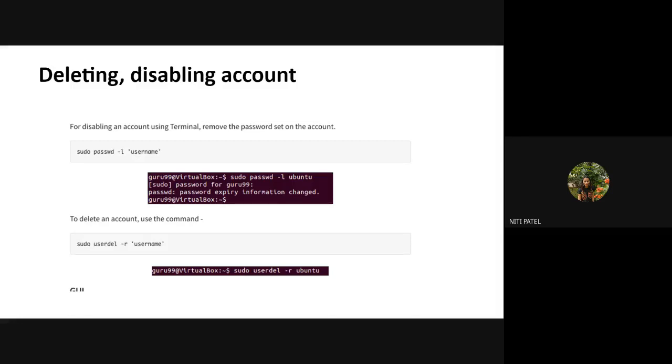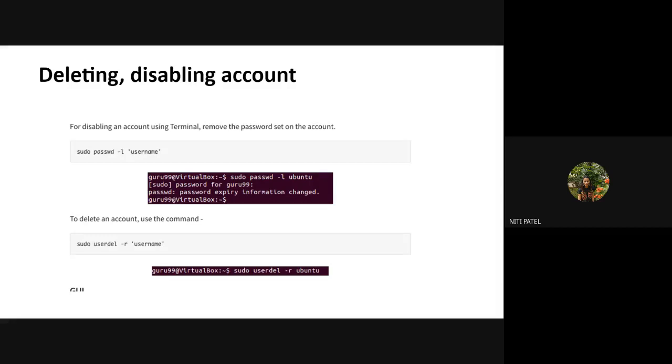Many of them have a restriction also that when you are supposed to change it, see to it that you do not keep it as the previous one. But many of them do not tell you this. They just ask you to change, or you can repeat and keep the password as it is. So what am I doing by disabling the account? I am changing my expiry information. If at all my expiry was in the month of September, I am changing that expiry to the month of August. And by changing this expiry information, I am disabling the account.